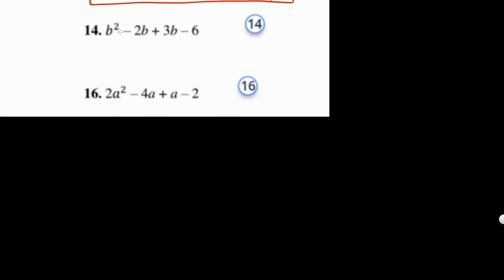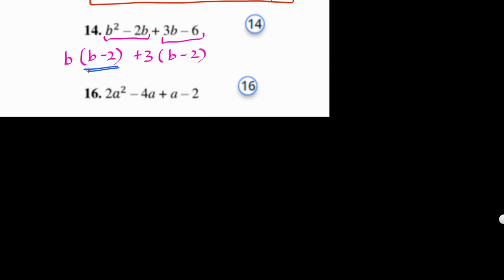This one, look at these 2 as one group and these 2 as another group. Okay, so we could factor b out here for the first group, leaving us with b minus 2. And then I'm going to factor positive 3 out, so that I could make b minus 2 inside. Remember, you could always check like that. That will get you 3b minus 6. Now, why did I do that? So that I